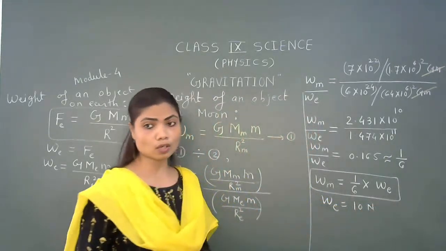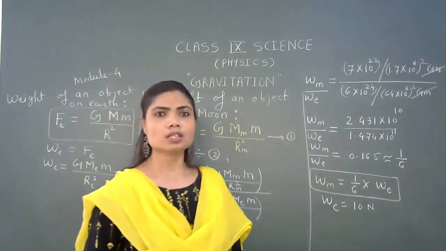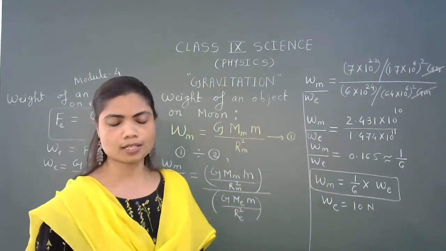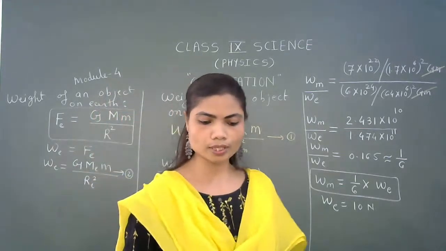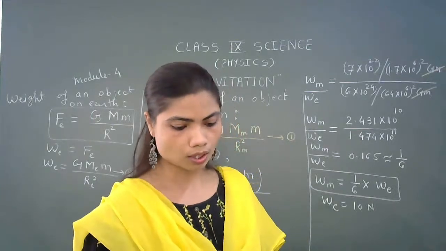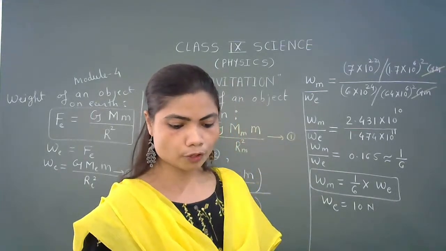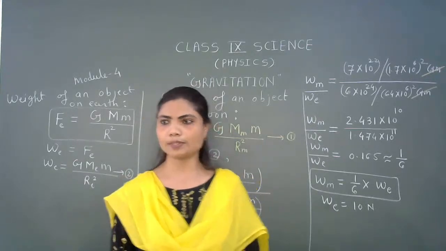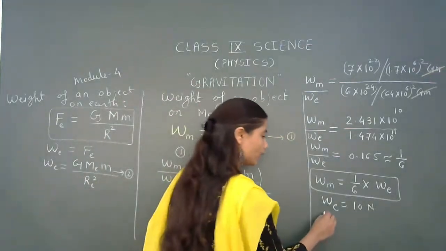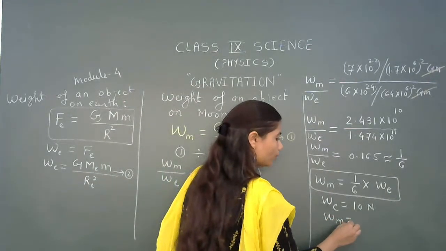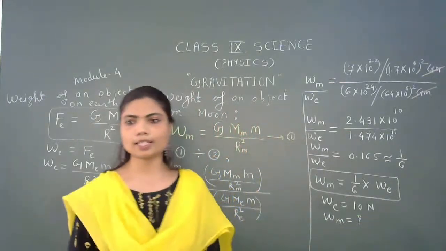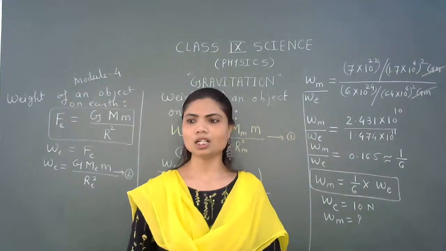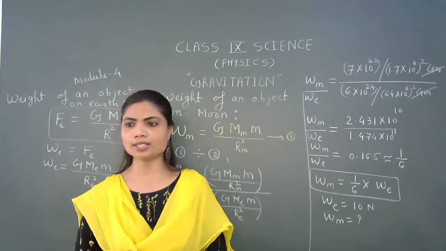Okay, and we have already understood the unit of weight is Newton because it is equivalent to force, and the unit of force is Newton. So both have the unit Newton. So what would be its weight when measured on the surface of the moon? Now you can explain it. Okay, we have to find what the weight on the moon will be if it is weighing 10 Newton on the earth. Very good. Is it 1.67 Newton?